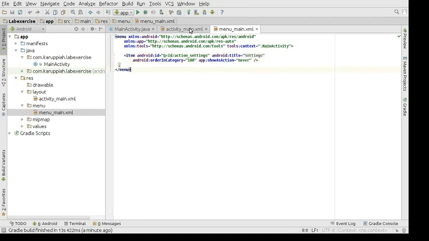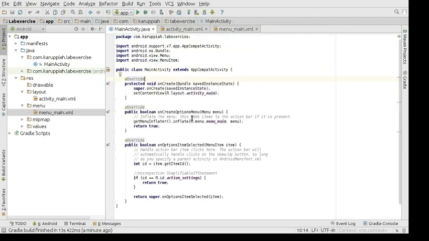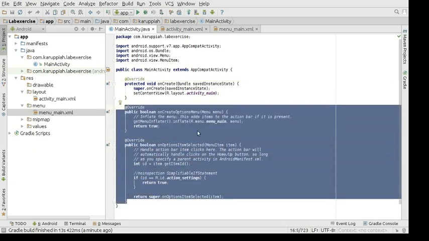I think you don't have to use menu in a lab. I mean, it's not necessary. We usually have all our user interface stuff in the main screen and not in any options. This is basically the options that will be over here, and if you want you could use it. So I'm going to remove it. The code for the menu is over here. I'm not going to use any menu.